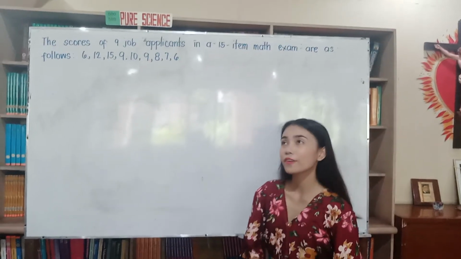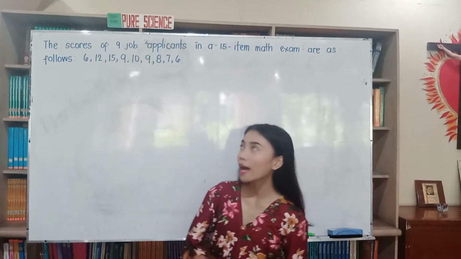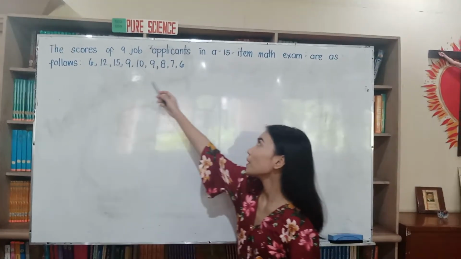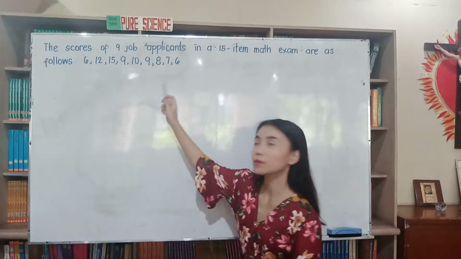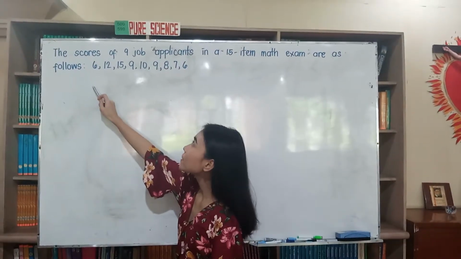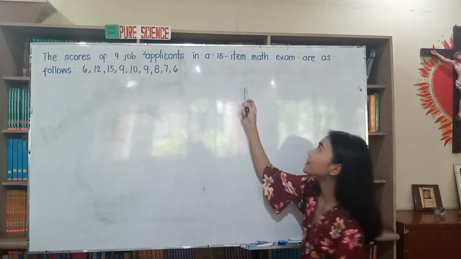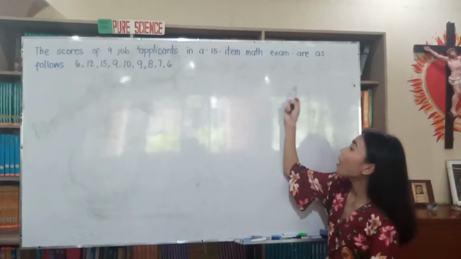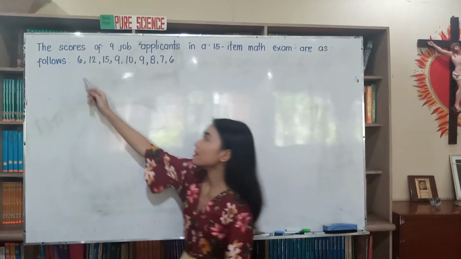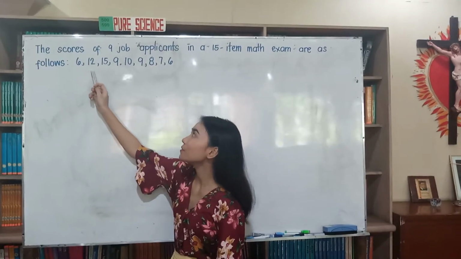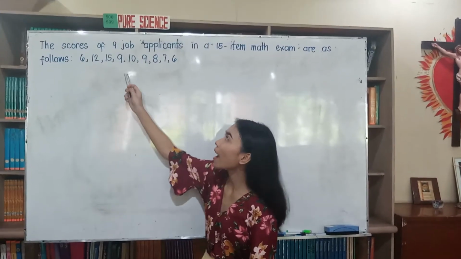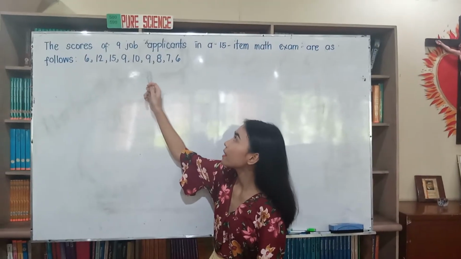Variance and standard deviation. To solve that, I have here a problem or the data. So this is the data. So you can join me to read. The scores of 9 job applicants in a 15-item math exam are as follows: 6, 12, 15, 9, 10, 9,